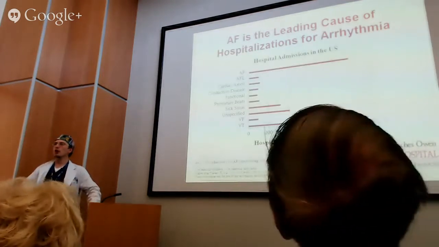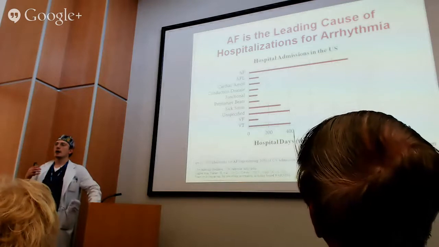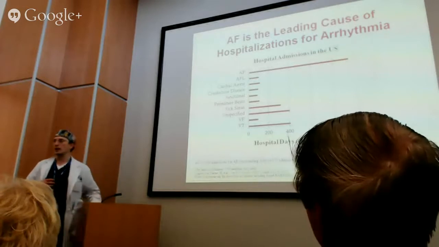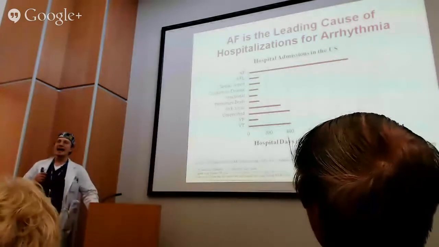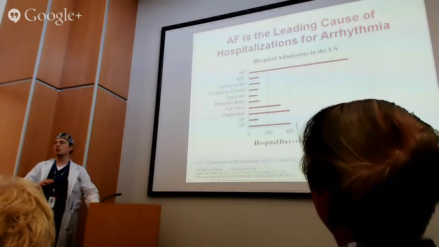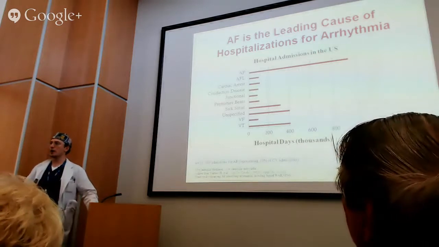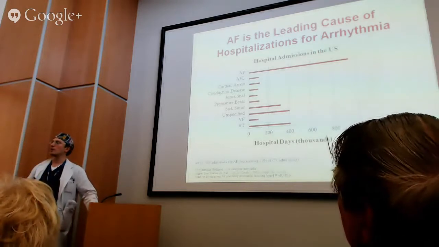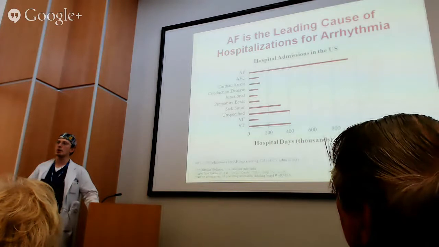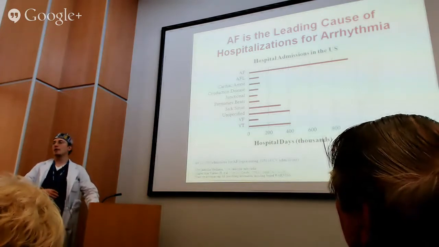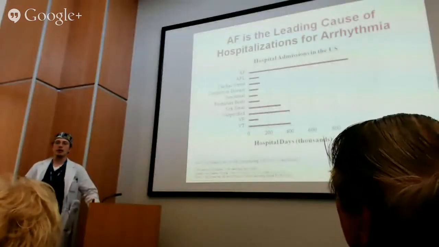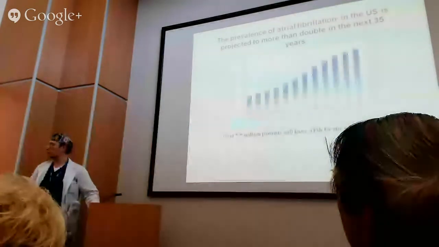If you look at the spectrum of the different electrical conditions, electrical malfunctions or arrhythmias that we encounter, one thing stands out. Atrial fibrillation is not only the most common condition that we see, but if you add up all the other conditions together, whether they are abnormal heart rhythms from the bottom chamber of the heart or other types of arrhythmias, or slow heartbeats or rapid heartbeats, atrial fibrillation is more common than all of those combined. So that kind of sets the stage for why atrial fibrillation is important, why dealing with atrial fibrillation is important.